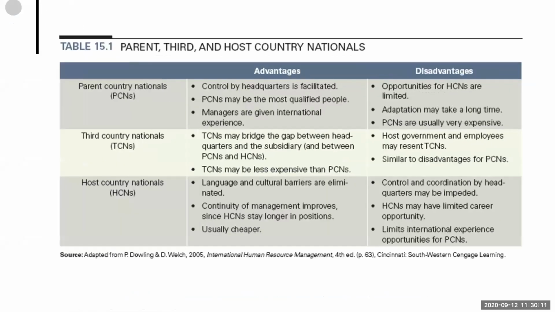These are also done for different reasons. Like Rajesh mentioned, the CEO was particularly interested in a particular process, and that's why he wanted better visibility and control. So then he is a parent country national. He wanted better control, so he called the Indian team to work with him directly. The third country national brings an unbiased perspective in the ways of working, and the host country national is generally the option chosen because they know the local market and the people, the informal institutions, and they're generally cheaper. Okay.